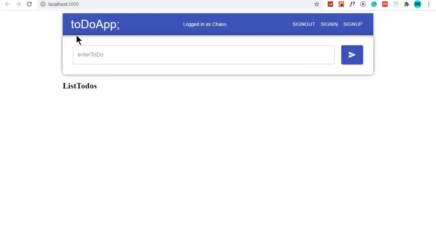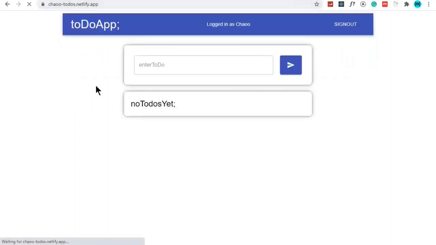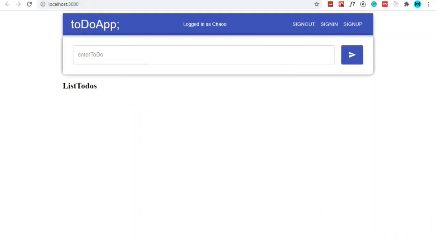Now the only thing we need to do is to create some spacing between the nav bar and this one, and also to make this one a bit smaller, just like we have in this app. Okay, yeah, just like we have here. So for this one, we won't touch our add to do component. We'll go back to our app.js